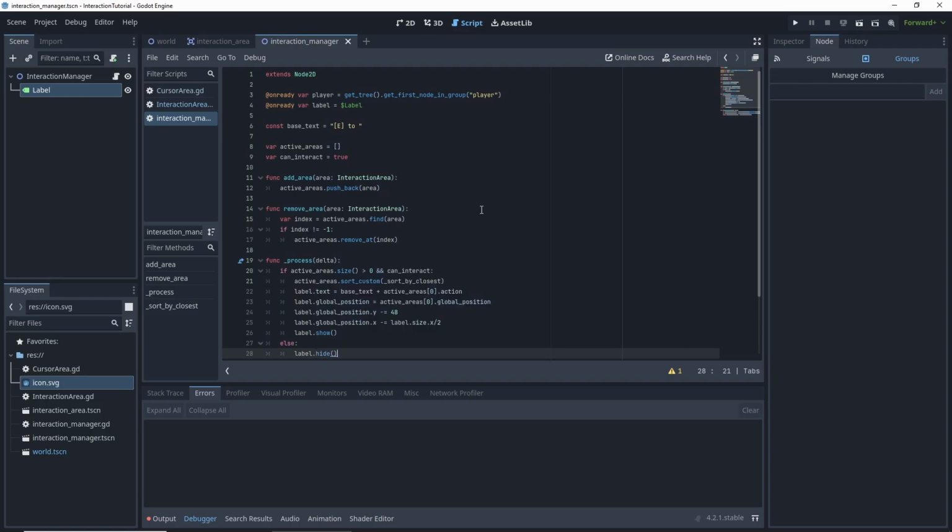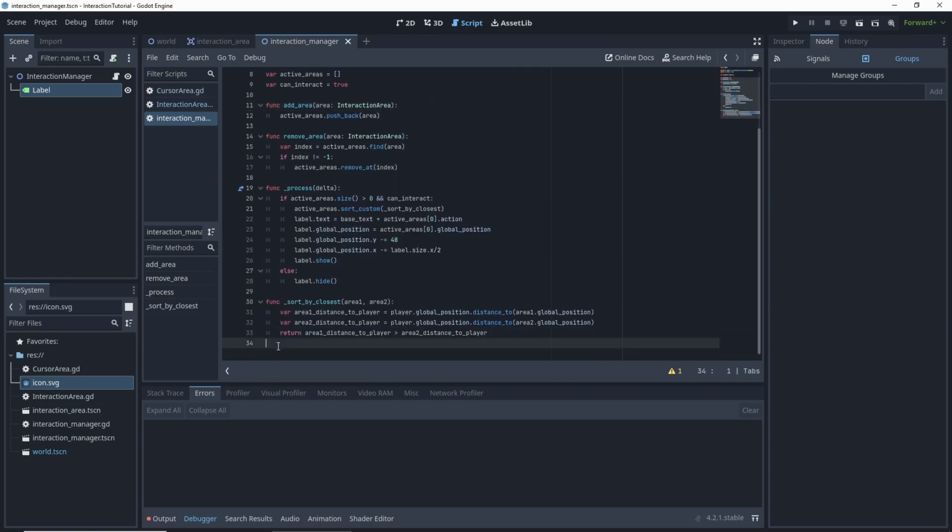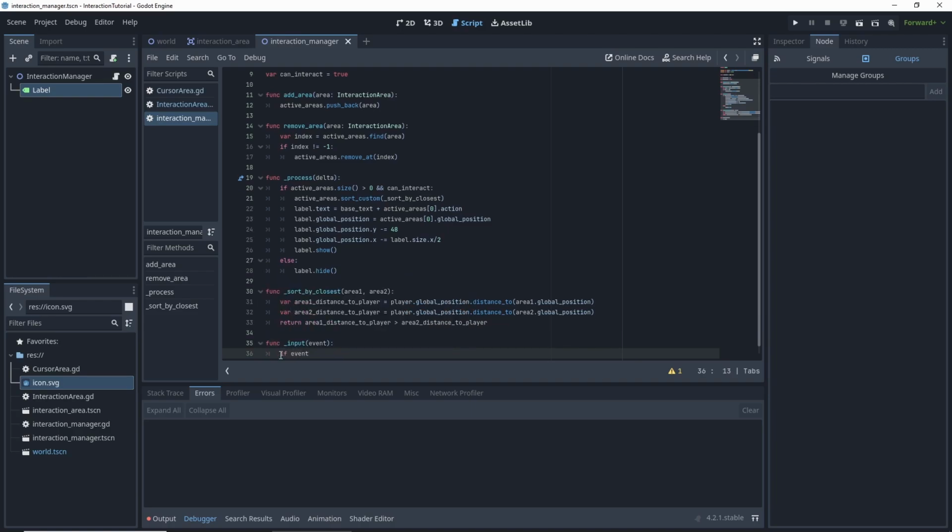We are almost done. So we added also that input event, and so we need to check that input event, and if event dot is action pressed interact